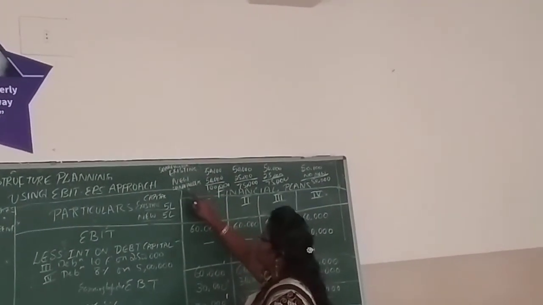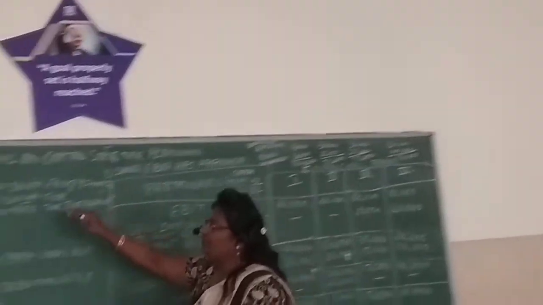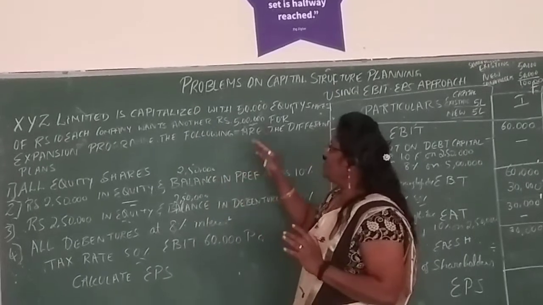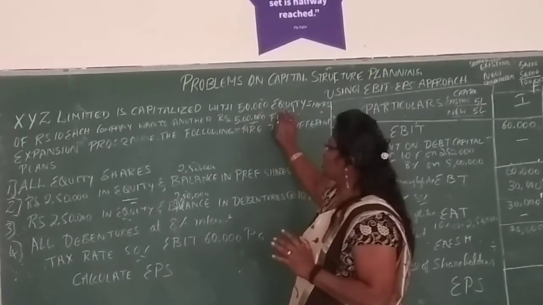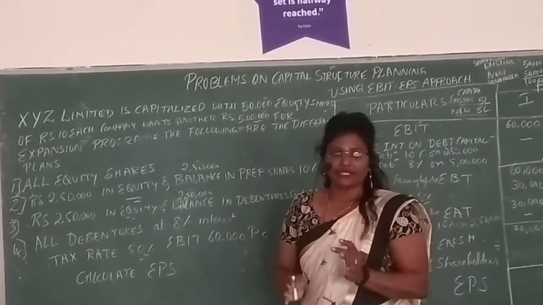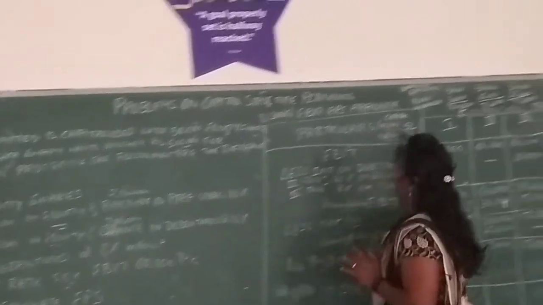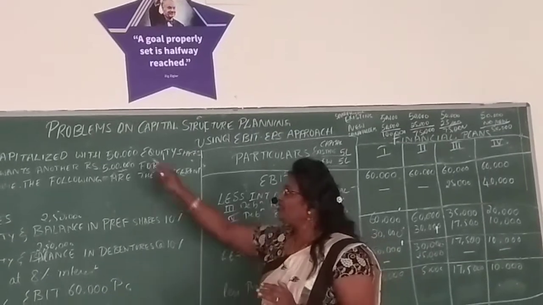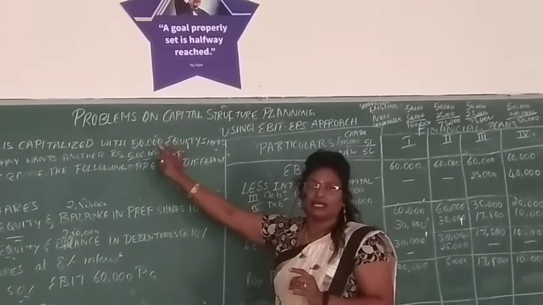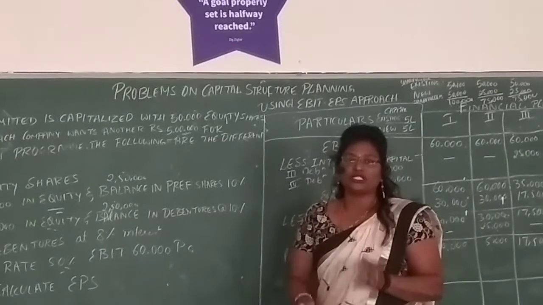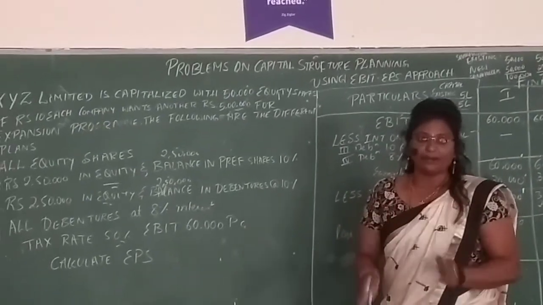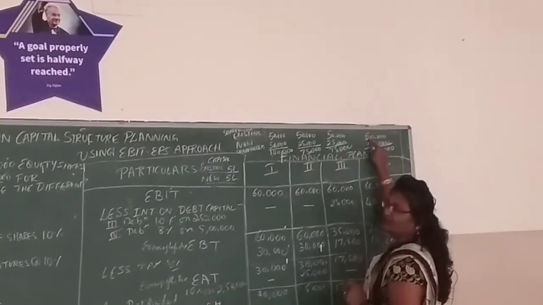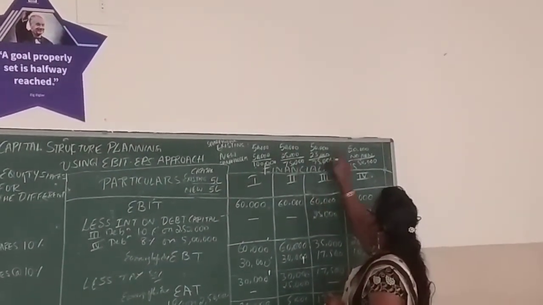Here, existing shareholders first. We know this company is an existing company which is already running. The company is running with 50,000 equity shareholders. It means 5 lakh is the capital of the company. We know existing capital is 5 lakhs, so the company is already moving with 5 lakhs capital. It means 50,000 equity shareholders are there in this company. So the existing 50,000 shareholders remain the same for all the plans. So existing shareholders 50,000 for all the plans I have written: plan 1, plan 2, plan 3 and plan 4.